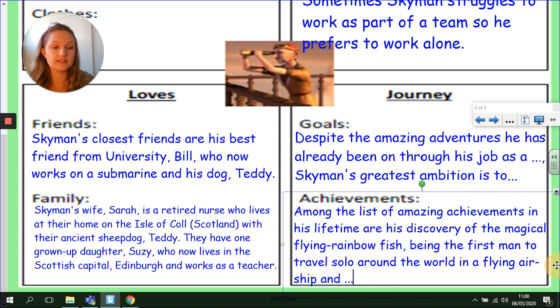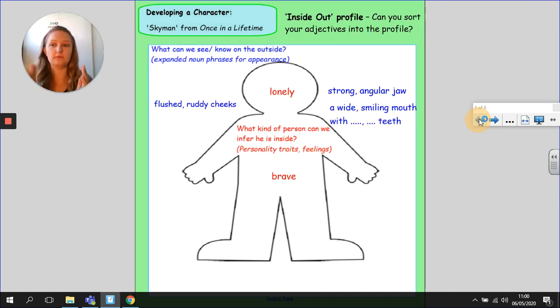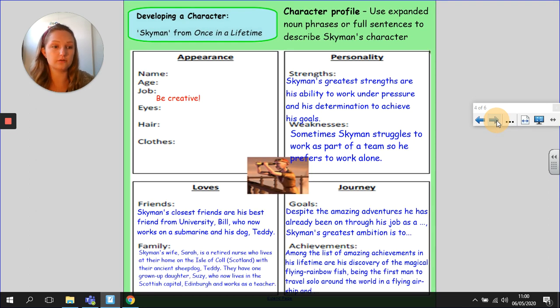Now, obviously, I wouldn't expect you to have to print these out. If it suits you to do that, that's great. Otherwise, just use any combination of these two documents to create your character profile if you just need to do it on a blank page in your book. Okay, so the inside out profile, some vague outline of a person-ish shape. Okay, or just choose some subheadings. You could use these ones, or you could add some of your own to create some powerful descriptions of this